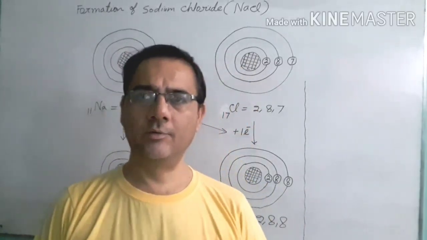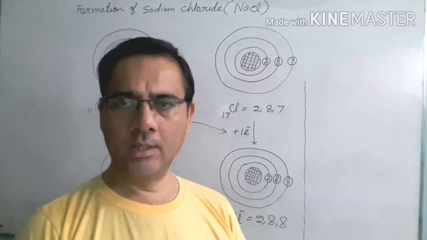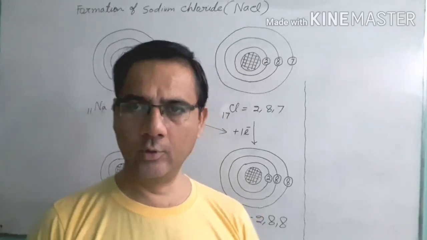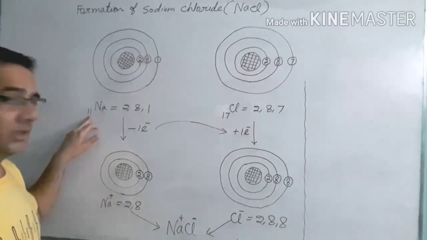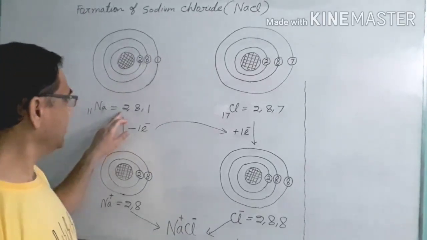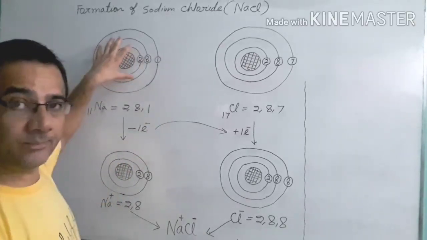See how the formation of sodium chloride, an ionic compound, takes place. So we take 1 atom of sodium and 1 atom of chlorine. Here I have taken 1 atom of sodium. Sodium has the atomic number 11, and when we write the electronic configuration, we write 2, 8 and 1. And its outline diagram is here.